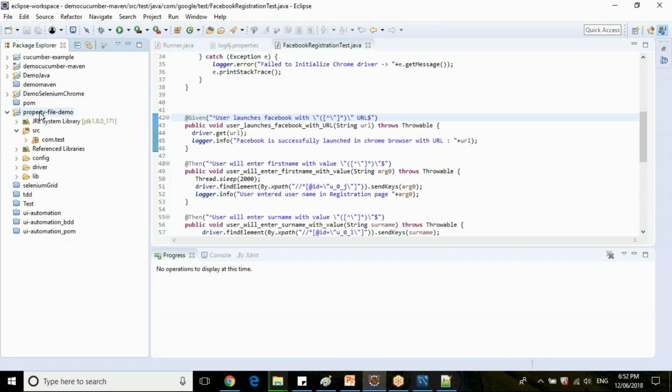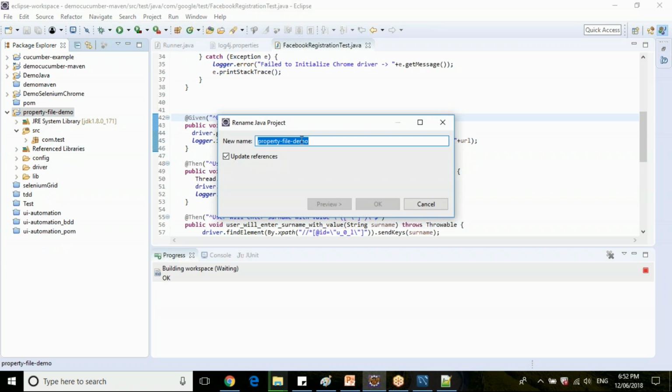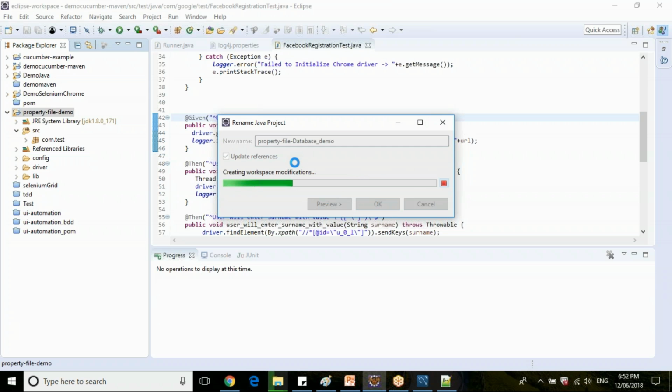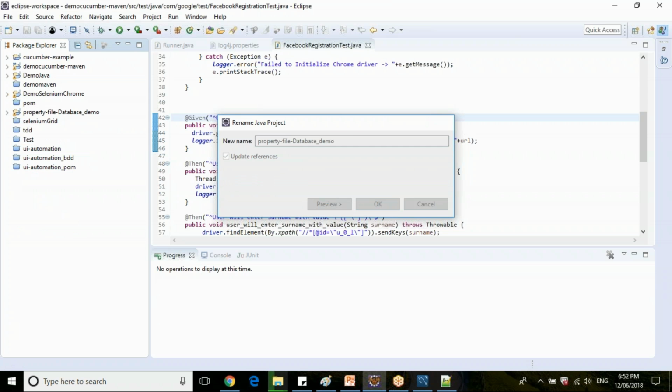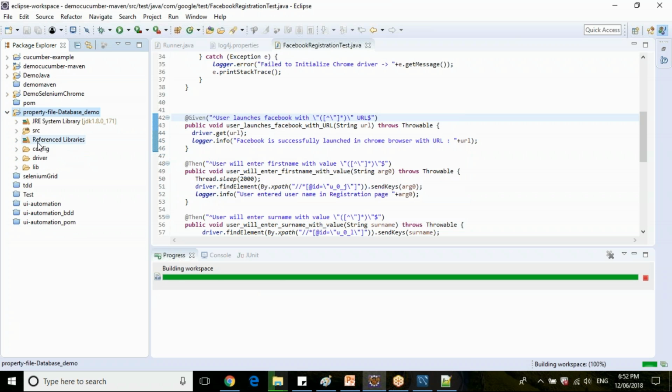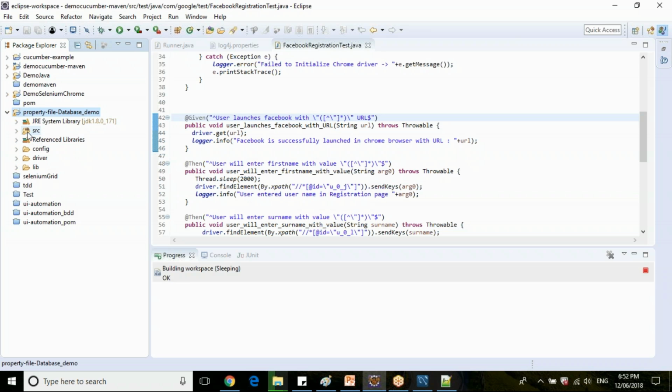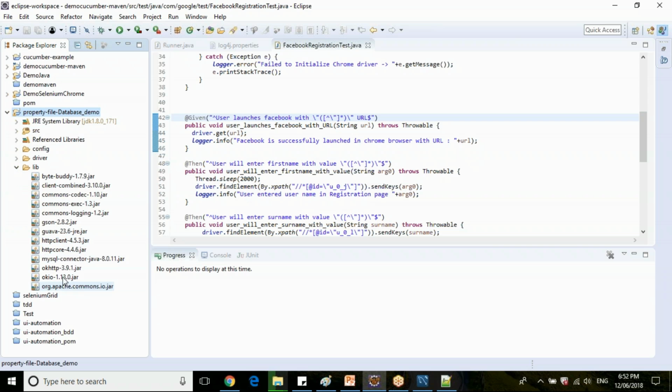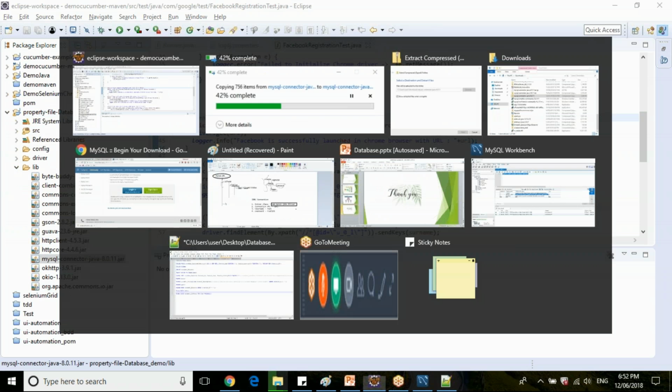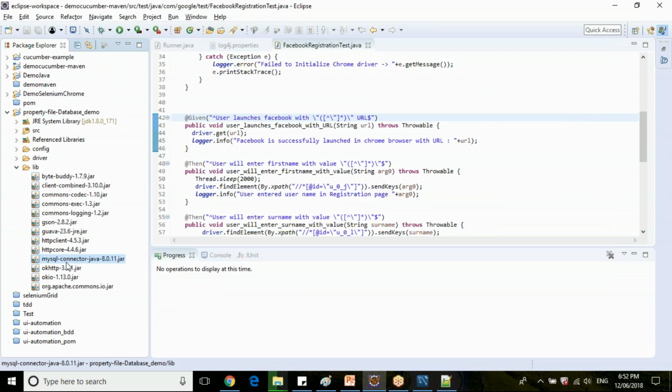Let's say I have used a property file demo project. Let me rename this project as DB also. Okay, I'll share this workspace, guys, so that it will be helpful for you. Now I have copy-pasted this extracted file here. So add to build path.